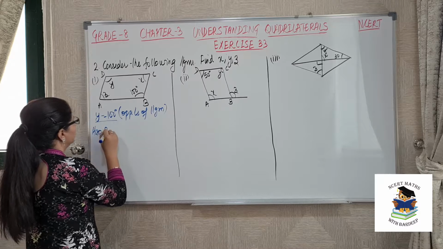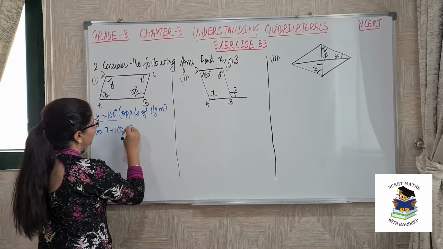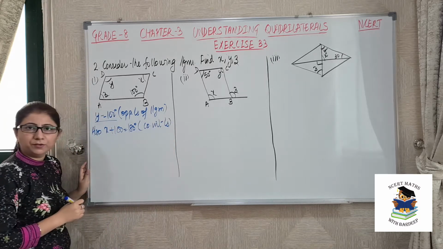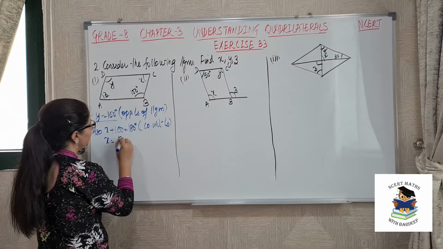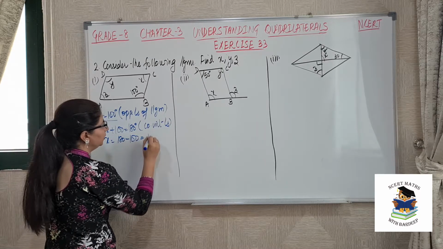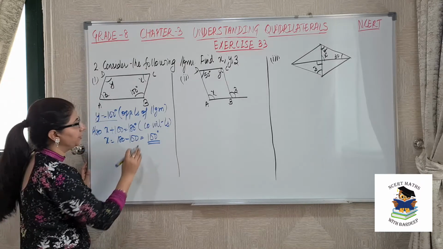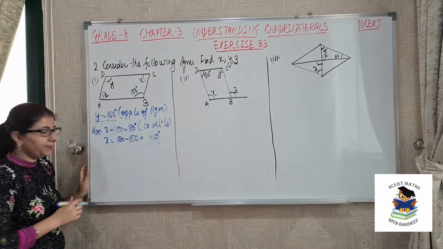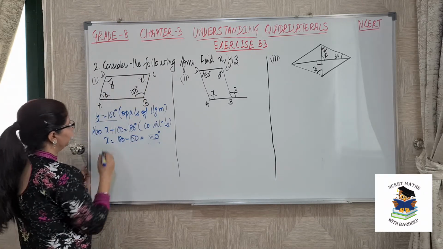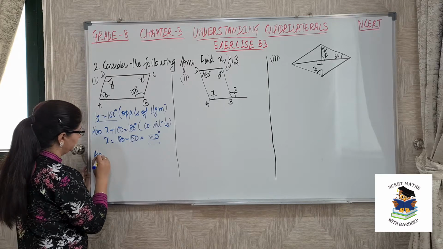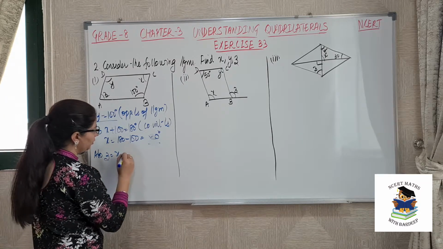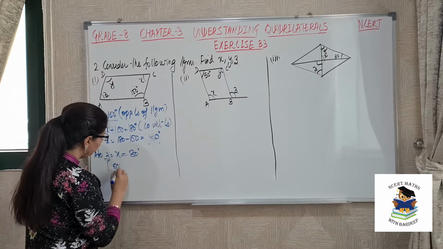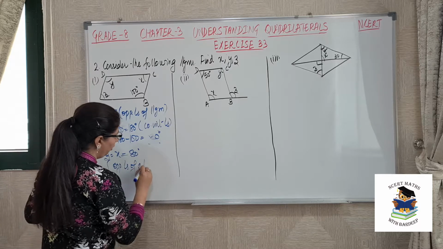Also x plus 100 is 180 degree, and reason is co-interior angles are supplementary. Okay. So what is x in this case then? So this is equal to 100 degree. Sorry, 80 degree. Okay. And last is again x is equal to z. Also z is equal to x. So this is equal to what is x? 80 degree. So what reason you will give? Opposite angles of a parallelogram.